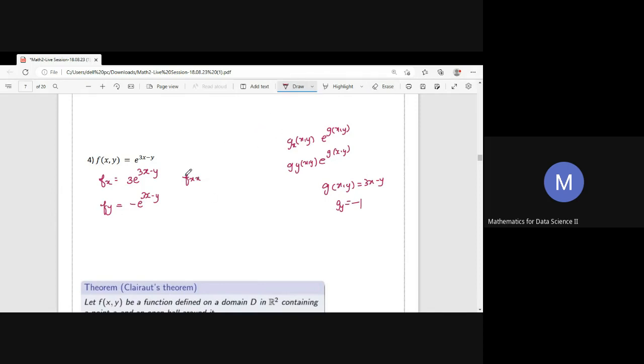Okay, so what is fxx? 9e to the power 3x minus y. And what is fyy? e to the power 3x minus y. Okay, and what is fxy? Minus 3e to the power 3x minus y. And what is fyx? Same, minus 3e to the power 3x minus y. Okay. So for this kind of question, mainly you see that you either multiply by 3 or minus 1